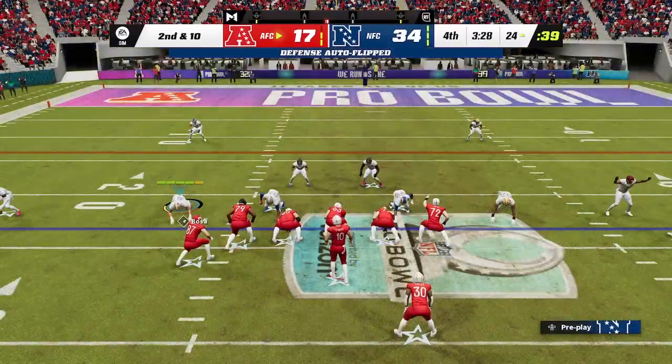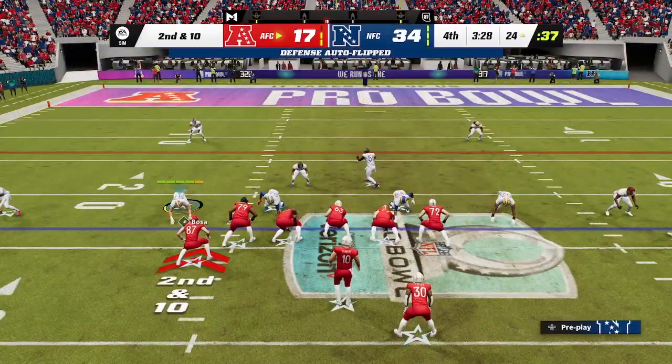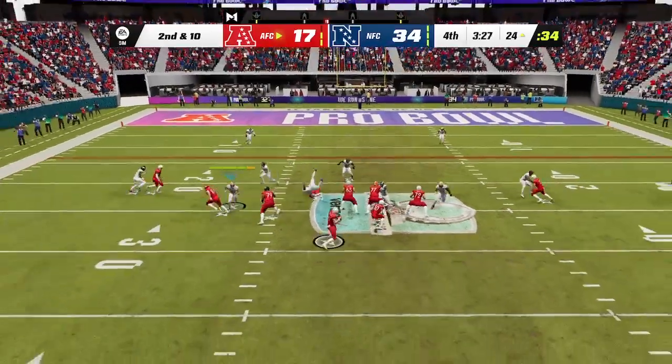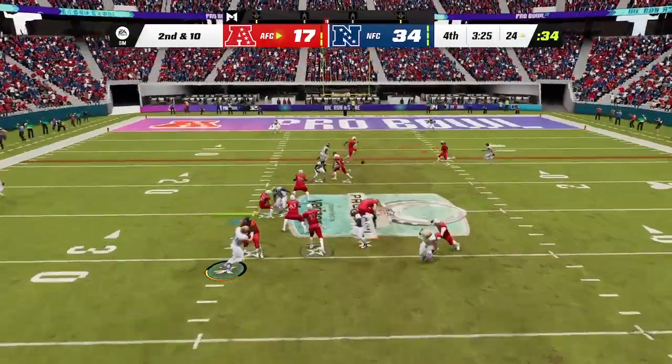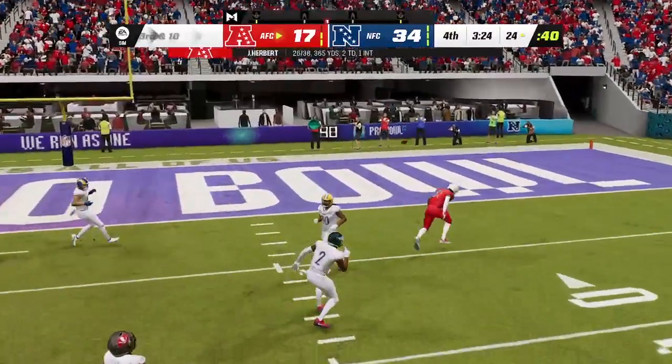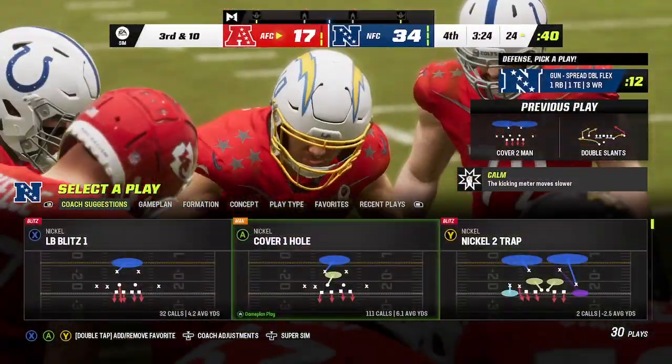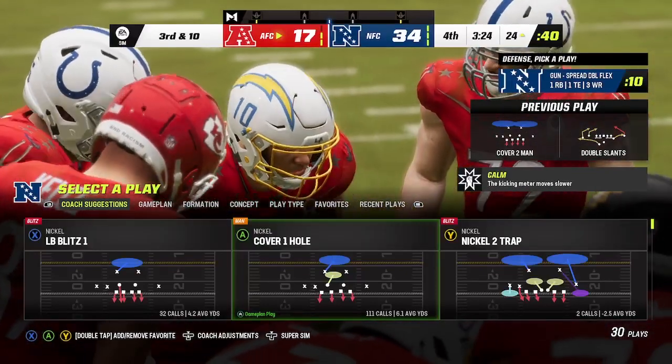So that challenge not successful there, and that's going to cost him the first of his timeouts. To throw once more on 2nd and 10. Herbert. And his throw is going to be incomplete. At this point, down big, you'd have to imagine this defense, they're just going to sit back, blanket the field